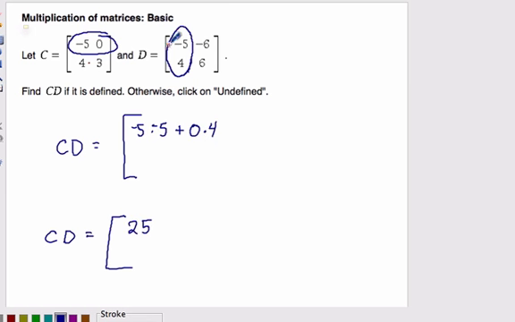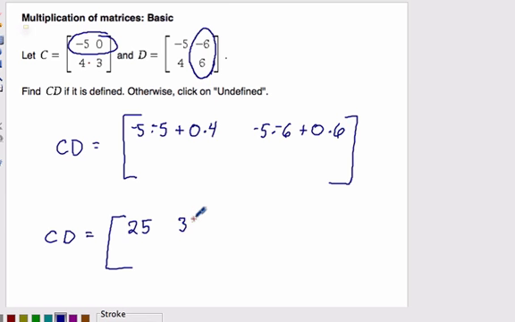Okay, now our next step is to do row 1 with column 2. We're going to take both of those first entries, the -5 and the -6, and multiply them together, and add that to the second entries multiplied together, so 0 times 6. Okay, and that is going to give us a positive 30 plus 0, so that adds to give us a positive 30. So that goes here in our